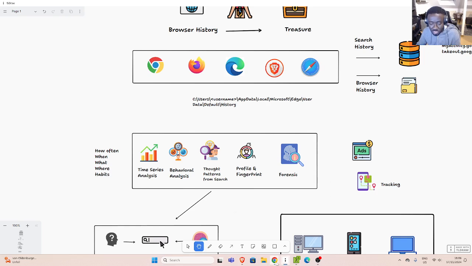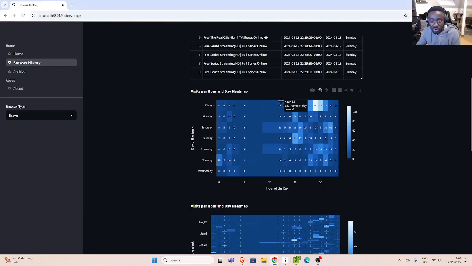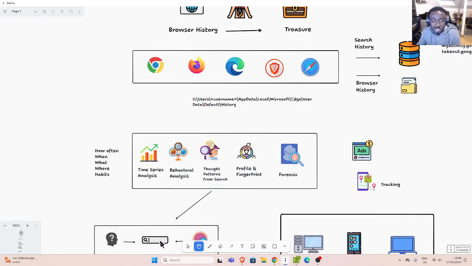And out of that, you can see how much information I can derive from it. You can understand more about the person. So you can build a whole time series analysis on it. You can also build behavioral patterns on it. If I go down to the application,